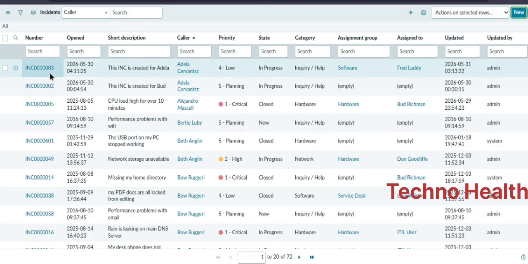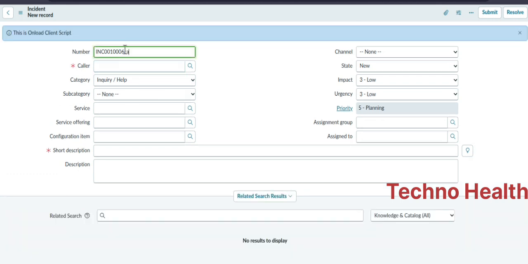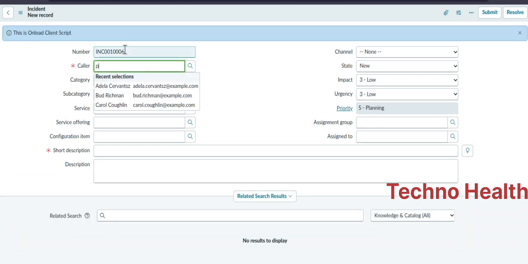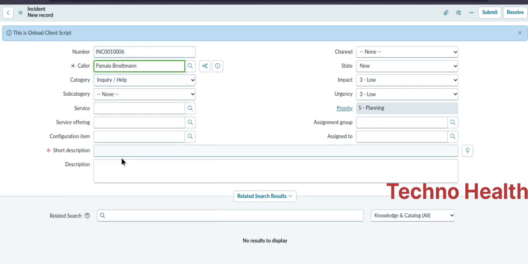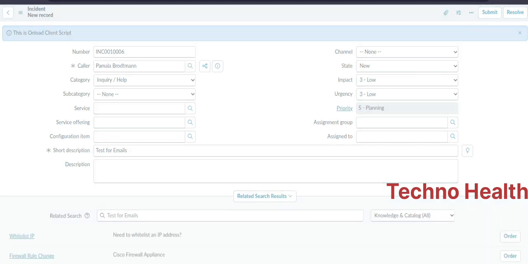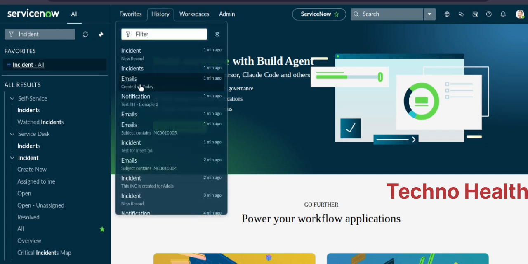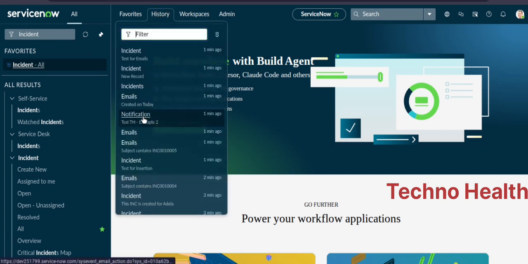I create one more record, and this time let me change the caller as someone else. Test for emails. I'll just save the record. Also I will open the previous record which was created. Okay,